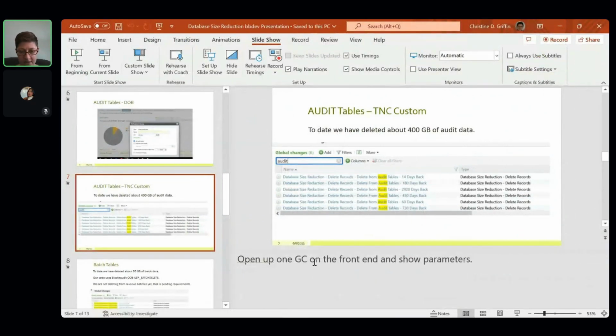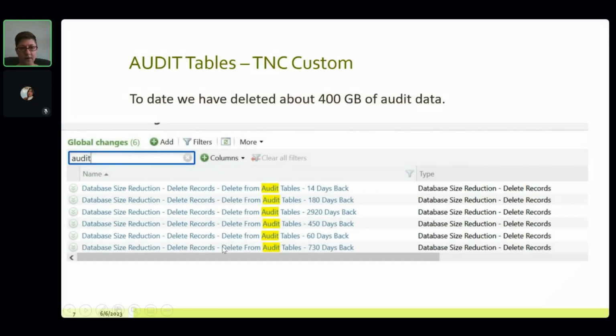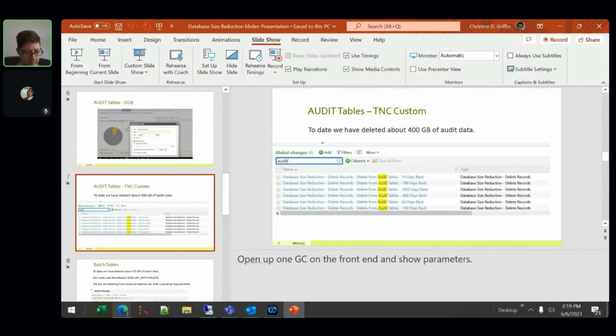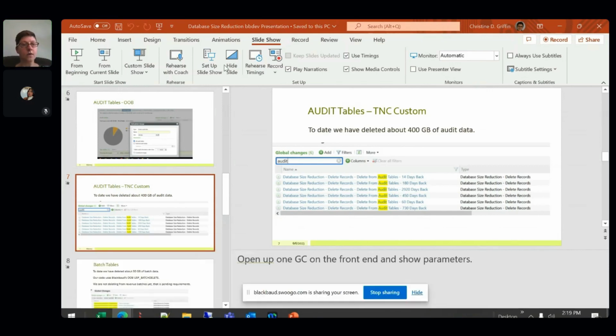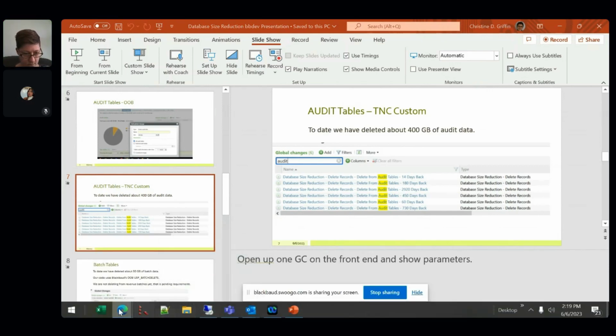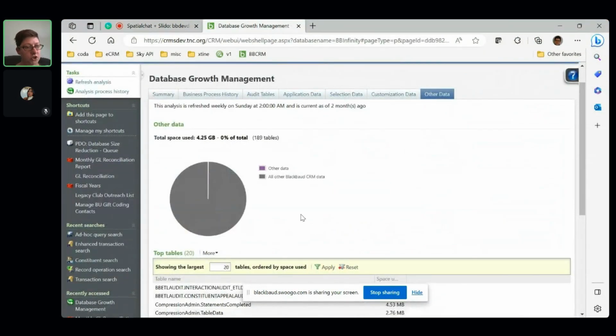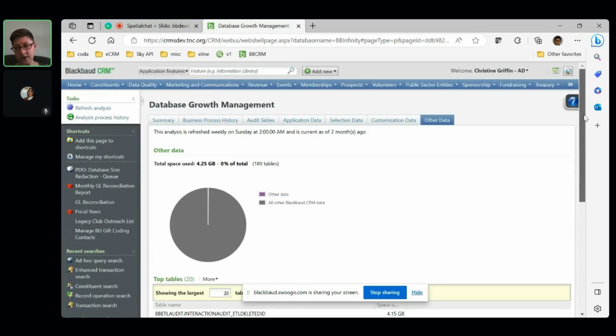Constituent appeal table. So anyways, let's see. So audit tables, really, talk to the business. And to date we've cleaned up about 400 gigs of audit data, and we use this handful of global changes, and the parameter is days back. And so we just list the tables. Let me show you. Sorry, guys. Let me try to, oh, here we go. All right, cool. So if we go to look at the global changes,